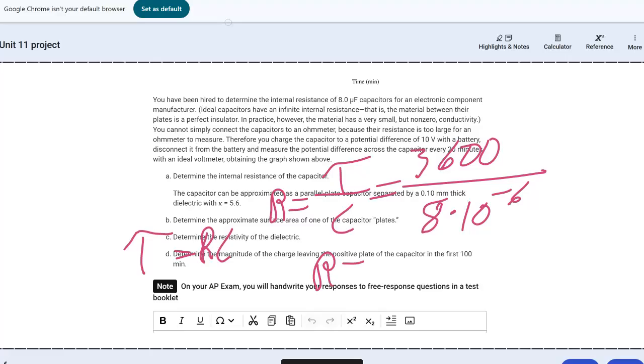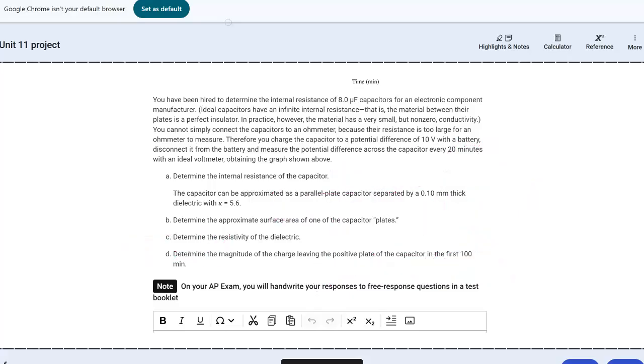So then our R is going to be 4.5 times 10 to the 8 ohms. And that's going to be our answer for A. And then determine